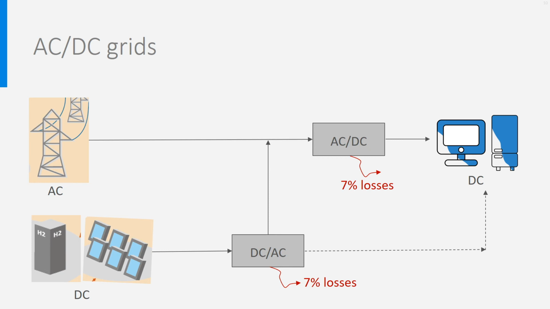That is substantial, and that is why a lot of research is done in combining AC and DC networks. The idea is to use micro or mini DC grids at the level of groups of buildings and to use the AC networks for larger distribution, limiting this way the number of AC-DC and DC-AC conversions.